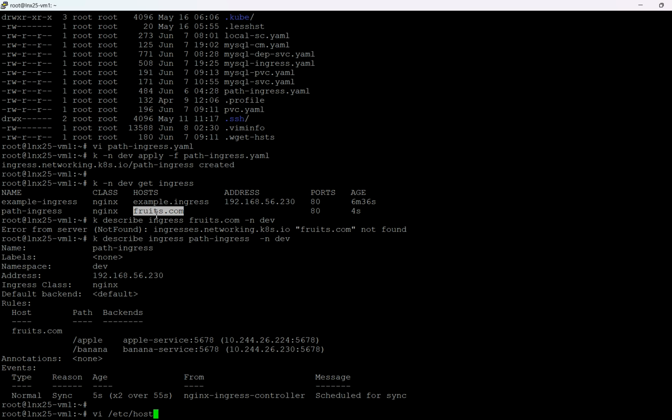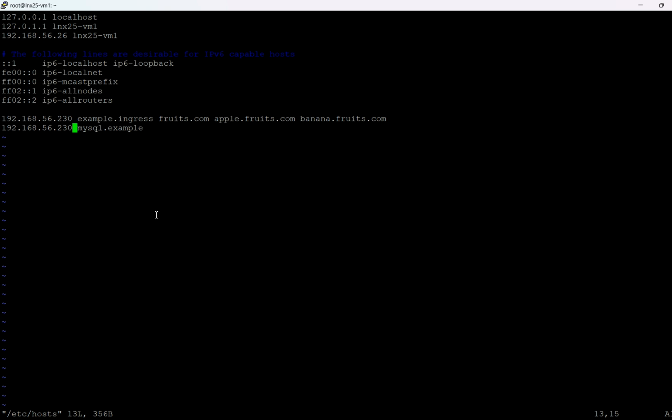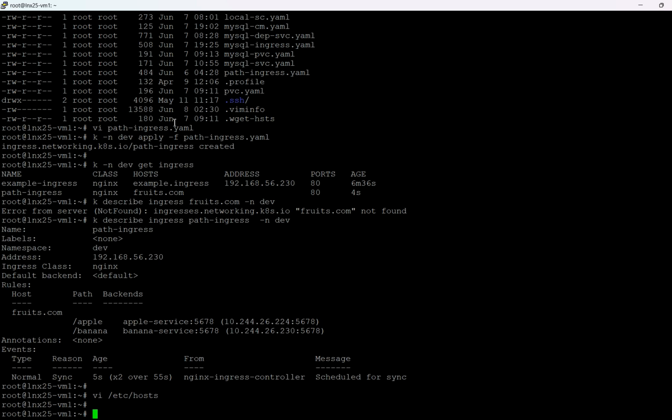If you are using DNS, it's fine also. You can see the first line, I already added this one. Okay, so we can crawl that application. The application is hosted on this one, fruit.com. Then if I pass this path, that is Apple,